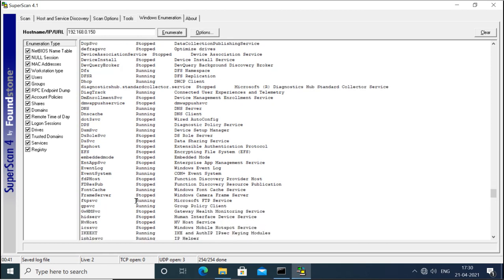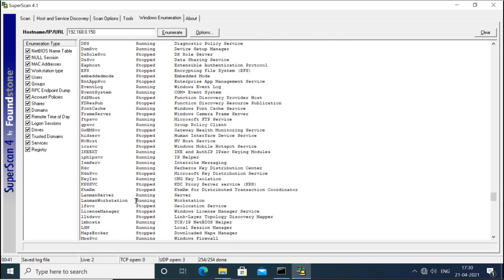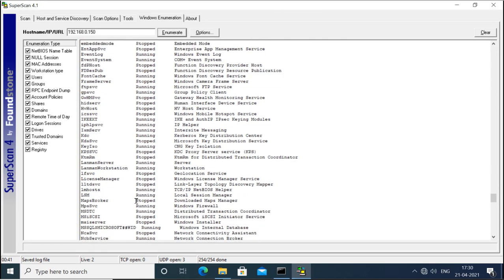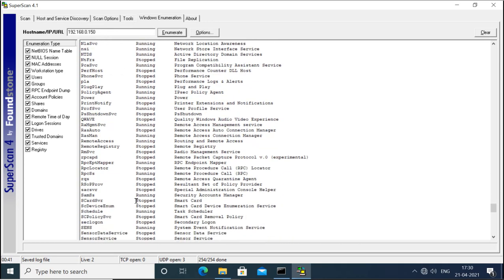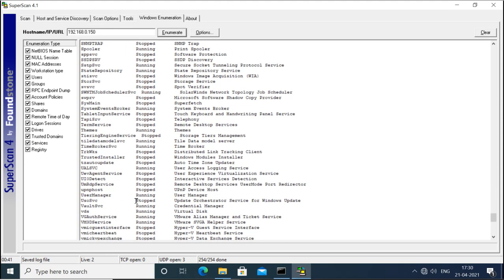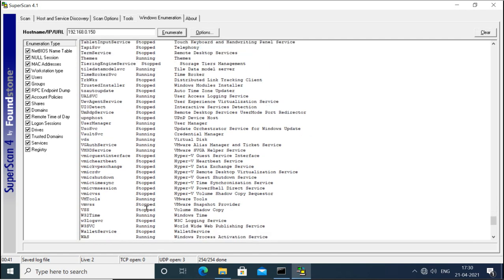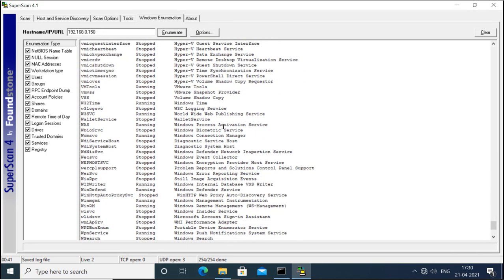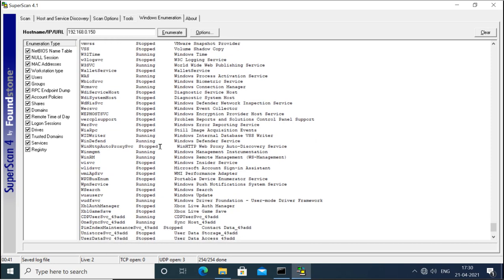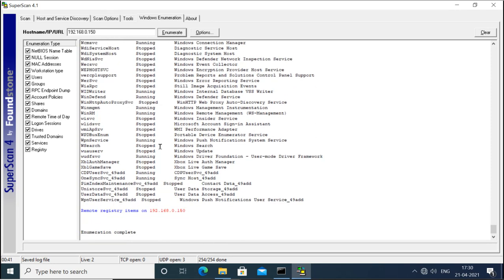Even you can identify the firewall, and also you can identify the antivirus, if any antivirus or firewall is there. So with the help of these services, you can get important information like what services are running there, what services are not running there. Like Hyper-V is stopped, that means there are no virtual machines running there. Web services are running, that means web services are running there. It is not showing the remote registry also, but if the null session was successful, it also shows the registry options also.